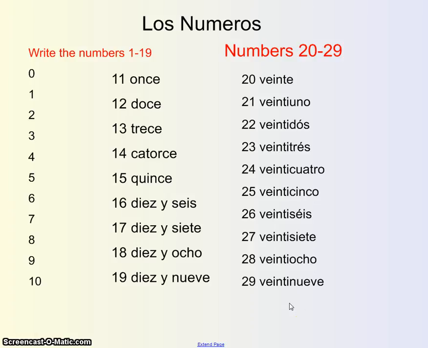This might be a good moment for you to go ahead and pause, write these numbers down, 20 a 29, and put them into your notes. Sounds good? Go ahead and pause me and then come on right back. Muy bien, hopefully you put those numbers into your notas, and now you have them, los números 0 a 29. Muy bien. And really, we only need the numbers 0 through 29, and I'm going to show you why and